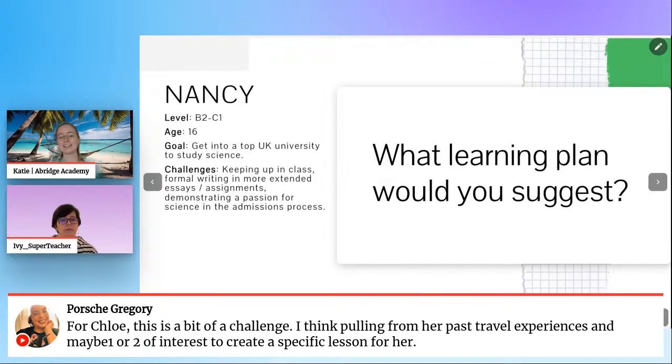So linking it into her travel experiences was actually quite effective for that one, because she wasn't that interested in Australia, I'm going to be honest. But when I told her, oh, but you visited another country that's close by and has a lot of similarities, let's write your own version for that. She loved it.